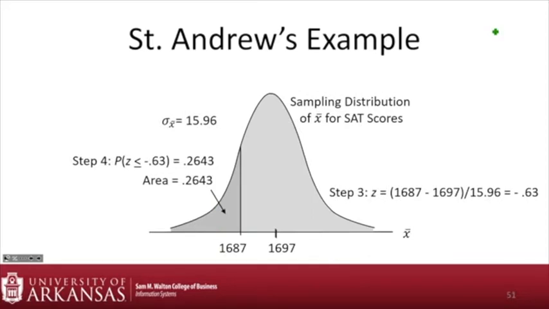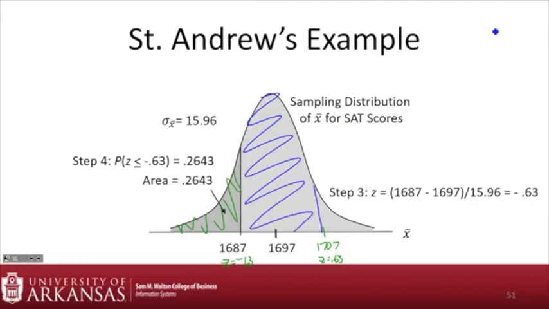Well, then my next step, right, so we already have this 1707 with the z-score of 0.63. If we go below, we can find the z-score, and it's negative 0.63. My book will tell me that this area down here is about 0.26. But remember, I'm actually looking for this blue area. So I've got to do a little math.